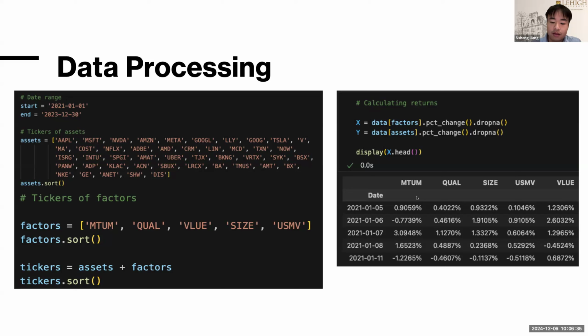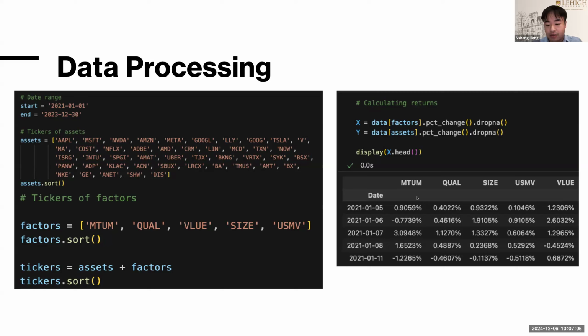You can see this list on the left, where the factors include things like momentum, quality, and those risk factors. After gathering the data, we calculate the daily percentage change for both factors and assets. This gives us X in the code, which represents the factor returns, and Y, which represents the asset returns. The table on the right shows a sample of the processed data,